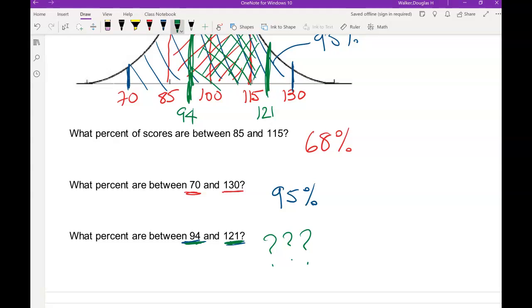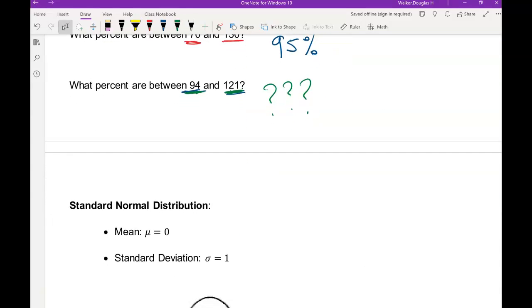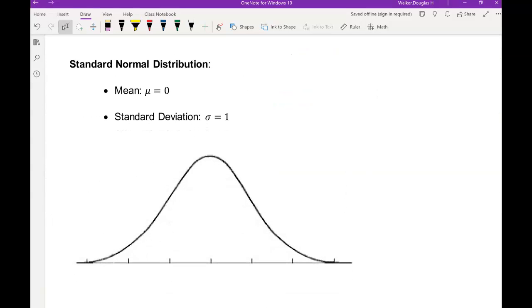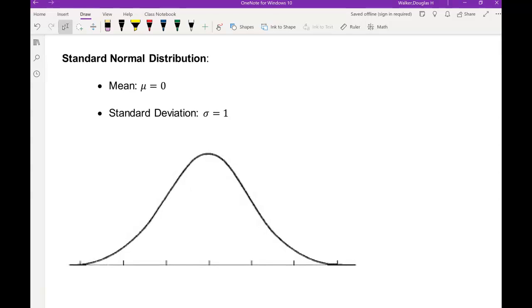Well, in order to do that, we need to be familiar with a very specific normal distribution, which is what's called the standard normal distribution. So the standard normal distribution has a mean of 0 and a standard deviation of 1. So I'm going to go back to my red pen. So that means the mean in the middle we have is 0. If I go up 1 standard deviation, that's 1. If I go up 2 standard deviations, is 2, 3, and then as I go down, 1 standard deviation is -1,